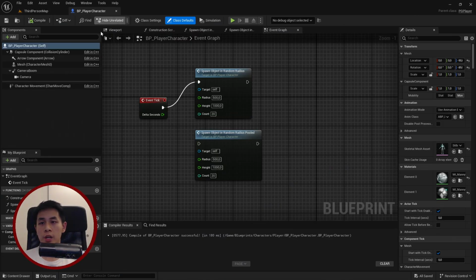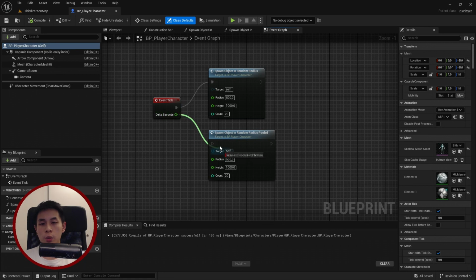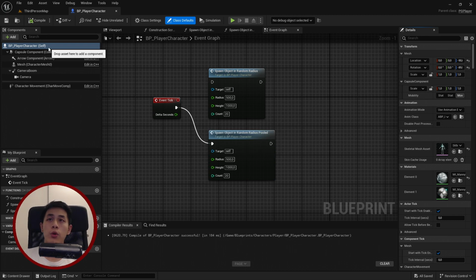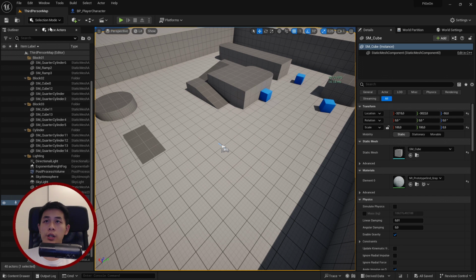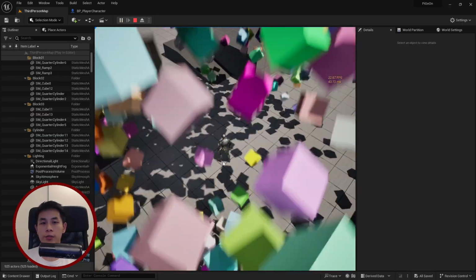I have a second example here with the same setup, but this time we will use pooled cubes. We won't create new cubes all the time. We will create them at the beginning, and then we will stop creating them and just reuse the ones that were inactive. If I play the game right now, you can see at first it will be